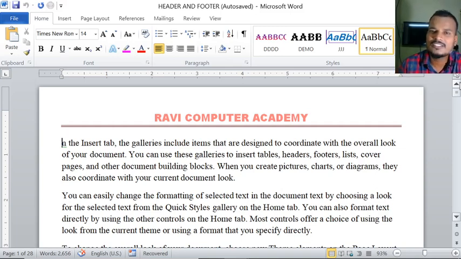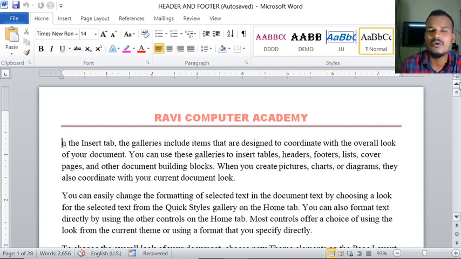in your document. Of course, how many pages it may be? It may be 100 or 200 or 1000 or 2000 pages. Once we give the header in the first page, automatically it will repeat. No need of typing in the second page, third page, fourth page, fifth page. That is the purpose of this header. That means the purpose of the header is, if you want any logo or shape or any text at the top of your page, we can insert it in the header.